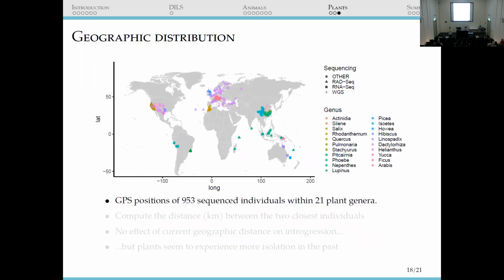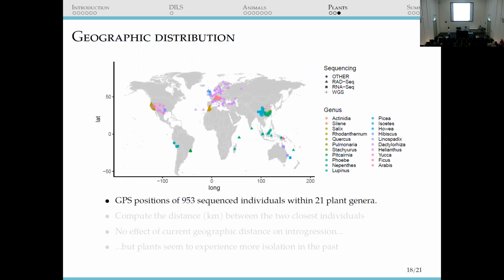So one obvious question is, well, maybe it's a matter of geography. Maybe just because in your sample you take some very distant species, which is possible. So here I just plotted the 953 sequenced individuals. They're distributed in 21 genera, Silene, Salix, Picea, Nepenthes, etc. So we have the GPS coordinates for each individual. It means that we can